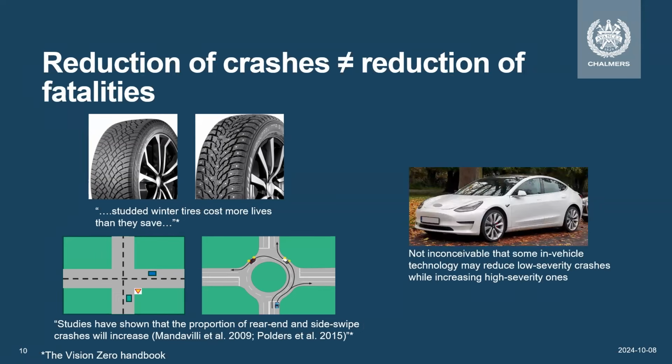Then it's not inconceivable that there is some in-vehicle technology that may actually reduce low severity crashes, but increase the severe ones, right? So the whole premise of this is that we need to look at the whole chain. We need to look at crashes because they're important, but we also need to look at the severe end of things. And that's where the validation